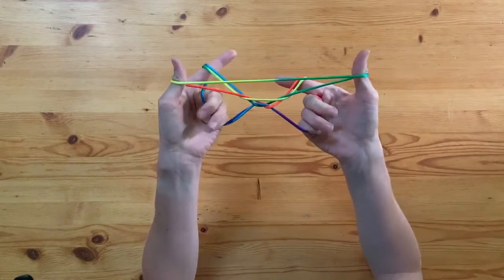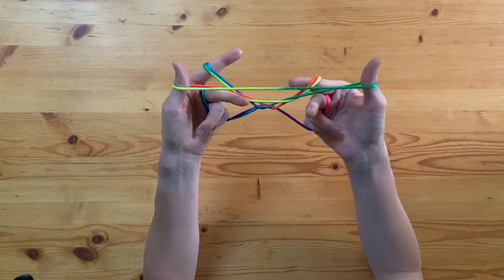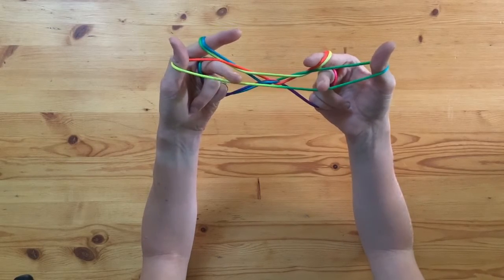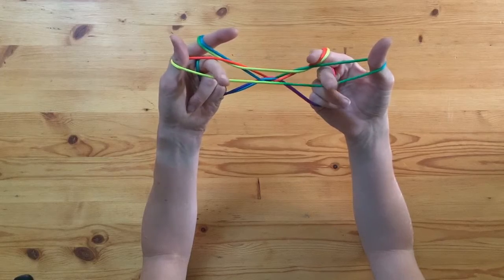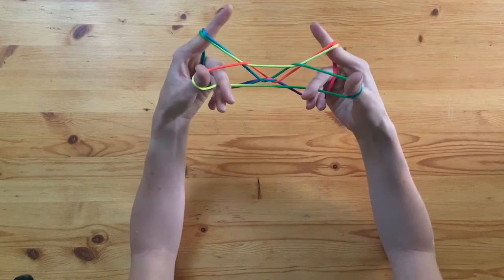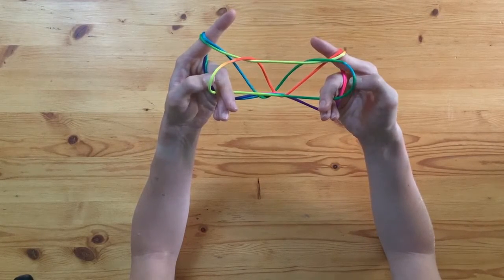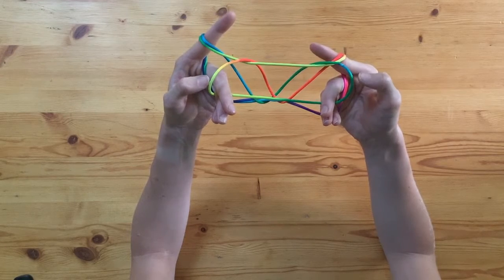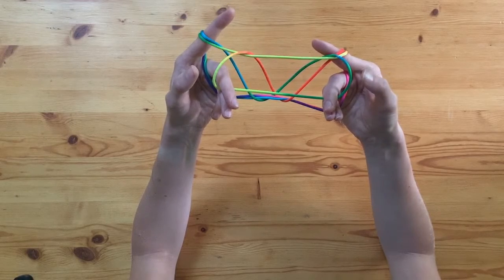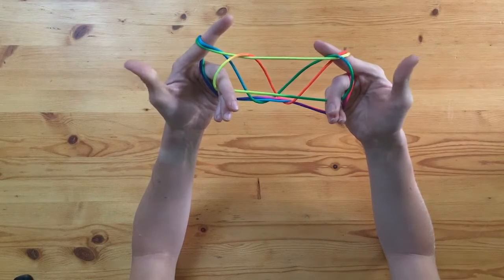So now that my 3 fingers are underneath here, I'm going to take my middle finger and hook on top of the straight string that goes between my thumbs. So I'm going to pinch that string with my middle finger and my ring finger. I'm going to pinch onto that tightly, and I'm just going to loosely let go of my thumb. So I'm going to bring my thumbs out, but I don't want to pull tight or else I'll lose the figure. So you keep that string pinched between your ring and your middle finger, bring your thumbs out so they're free,